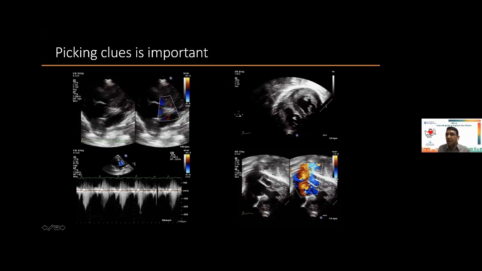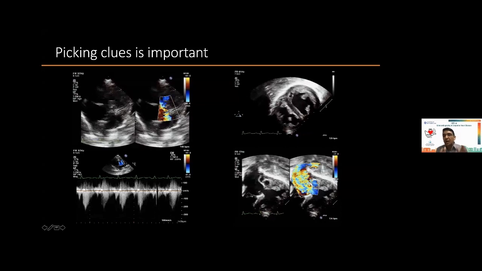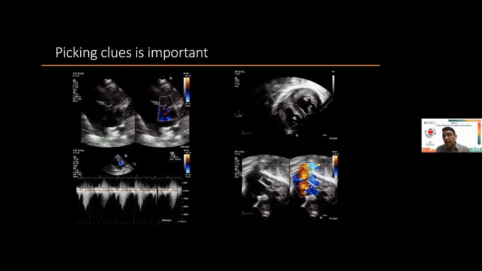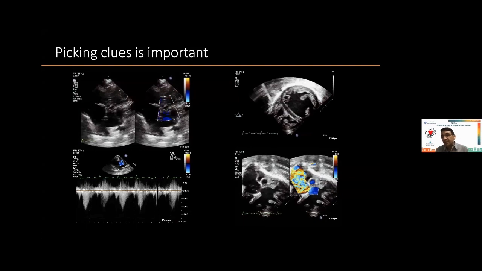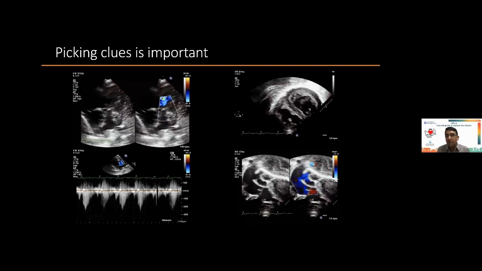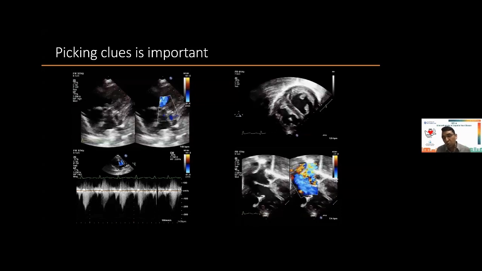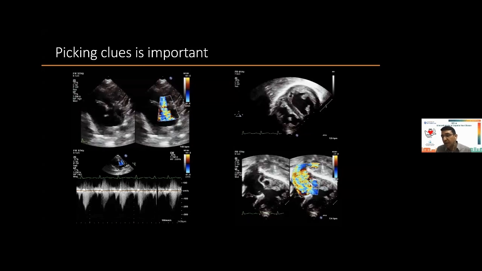Low pressure, that is the clue. So we cannot and should not label this case as a VSD. If we label this case as VSD, then we will treat the patient differently. So if we diagnose the patient as tetralogy, but with aortopulmonary window, the patient would benefit from early